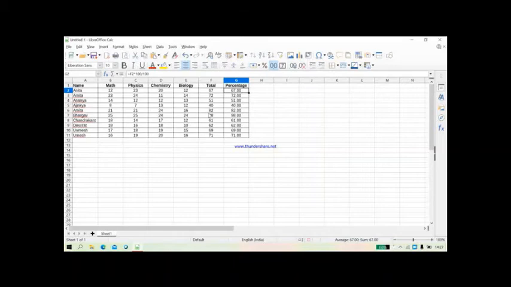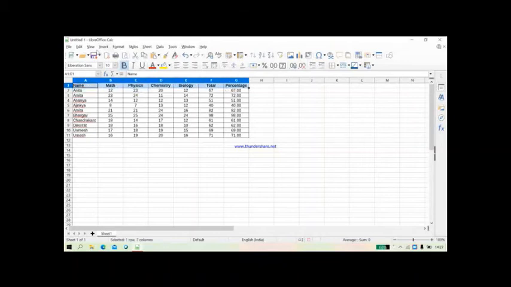Now as per the third question, declare the first 3 ranker students. Now how to declare it? So you have to do the filtering. So now you will click on the total and percentage of this. So you have to filter it.